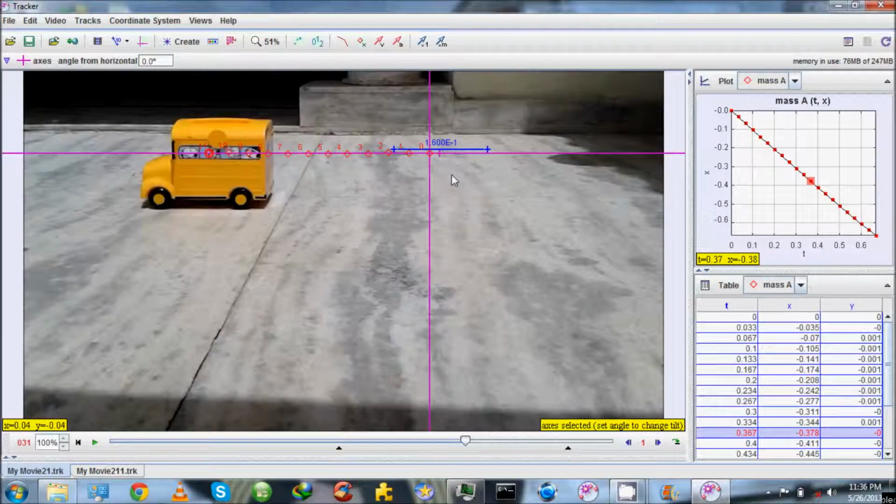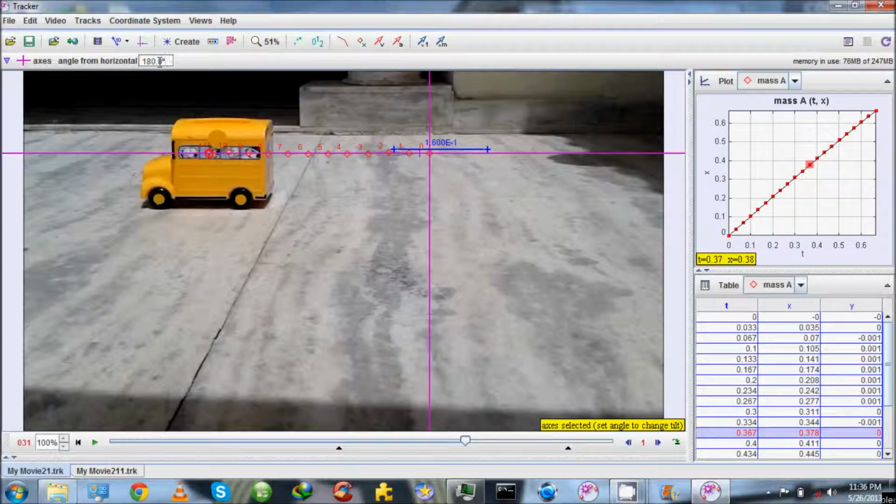What if we flip our coordinate system, which means x becomes minus x and vice versa? This can be achieved by rotating our coordinate system by 180 degrees. Let's do it and see what happens. Well, apparently, with the change in coordinate system, the physics of the problem doesn't change. The vehicle still moves towards left and with the same velocity which it was moving earlier.